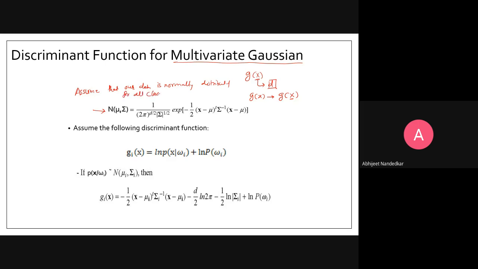Here there are two classes, so I will have N1, that is normal distribution represented by say class 1, then it will have its mu1 and sigma1. N2, then it will have its mean, it will have its own covariance matrix. So this is the way